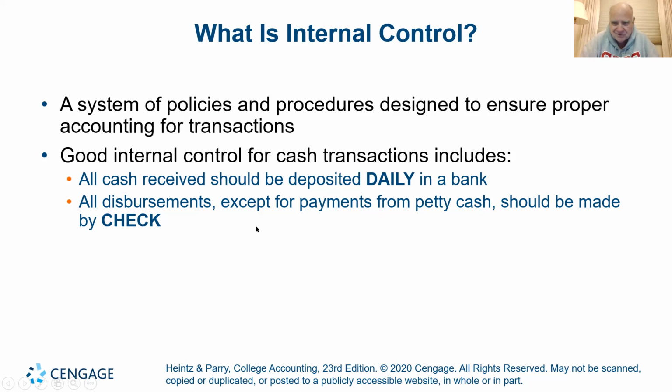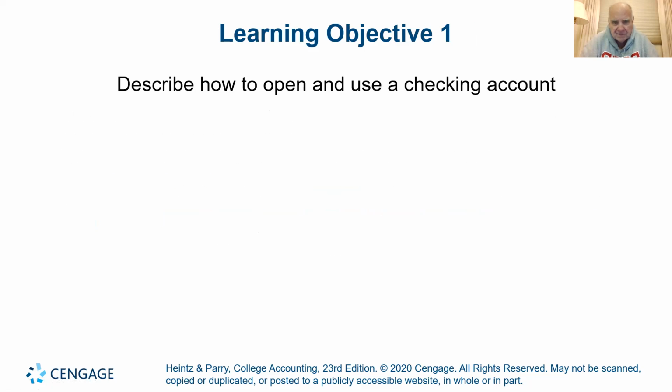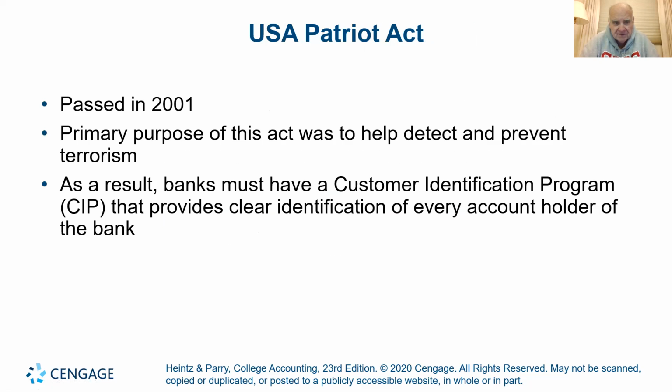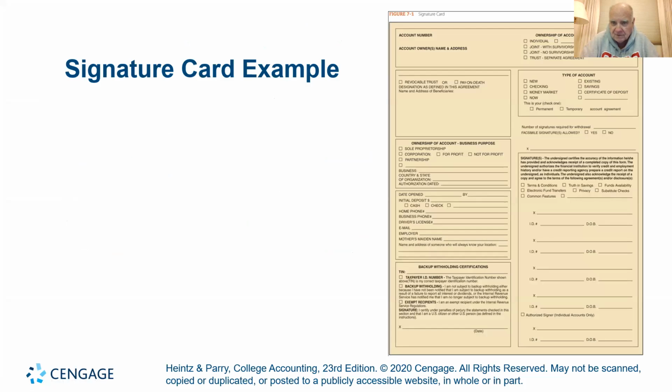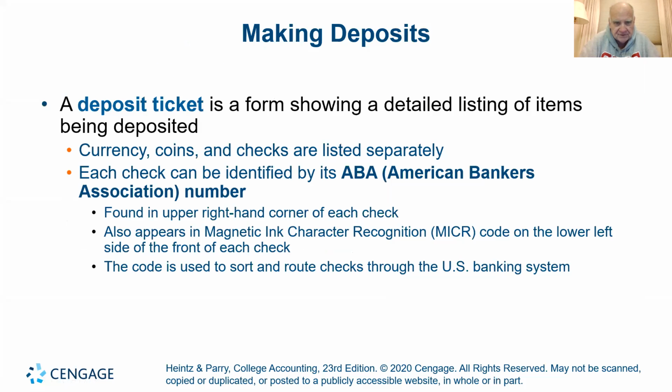Use checks whenever possible, huh? I guess we know that. I also think we probably know how to open up a checking account, and we are not going to worry about the Patriot Act. So you go to a bank to open an account, they check your ID and they hand you the signature card. And this thing is very old fashioned, but you're still going to have to provide a specimen of your handwriting in the form at least of your signature and answer a couple of personal questions so they know it's you when you call on the phone. And the bank will hold this in their system as long as you have an account with them.